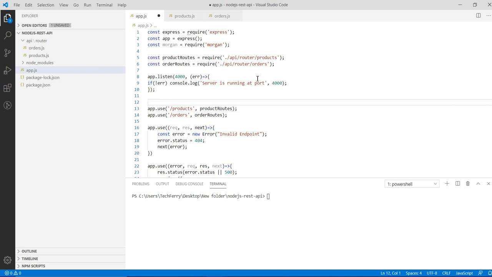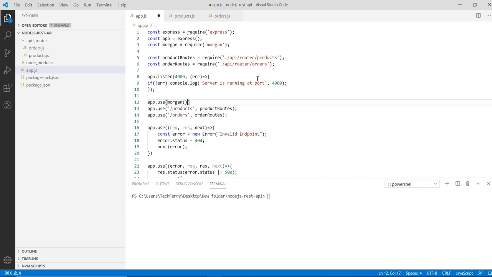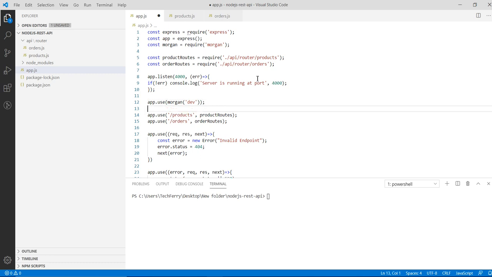I will specify the Morgan module before these two endpoints to write some logging here. So app.use(morgan), and inside the Morgan function I'll pass 'dev'. This is the syntax for how we use the Morgan module.